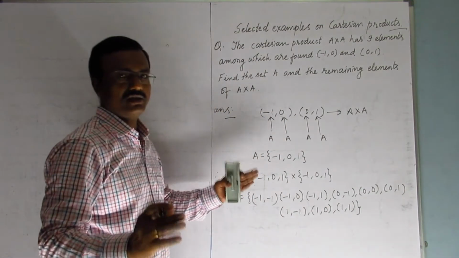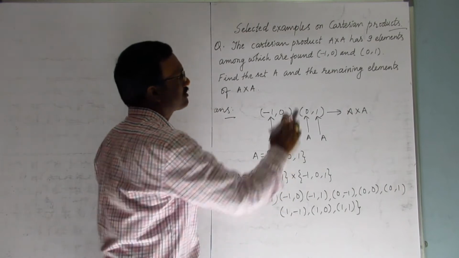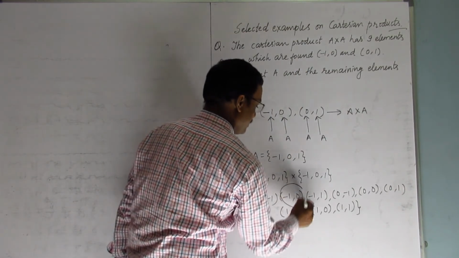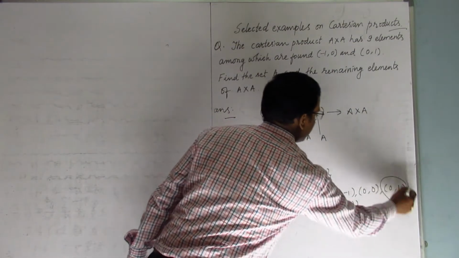And the question has asked to write down the remaining elements. So let us subtract these elements. (-1, 0), so don't write it. (-1, 0). Then (0, 1). Don't write (0, 1). And therefore